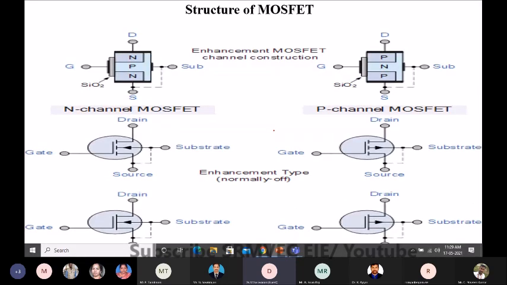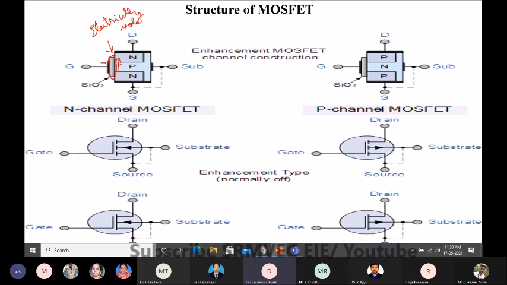Now coming to the third category of transistors, a very important one, the MOSFET: metal oxide semiconductor field effect transistor. So you can see the structure, and there are two types, enhancement type and depletion type. The depletion type we have seen, the structure, everything. So we are giving the enhancement type here. Okay, whether enhancement or depletion type, we will have an oxide layer between the gate and the channel, so that the channel is going to be formed. Okay, so there is an oxide layer. Why this is done is to electrically isolate.